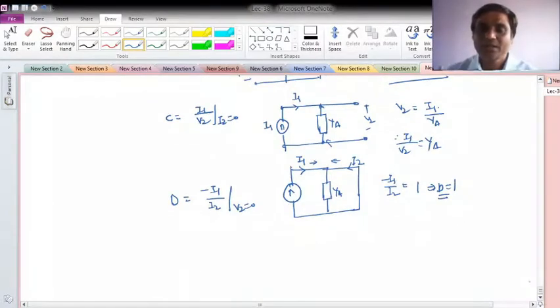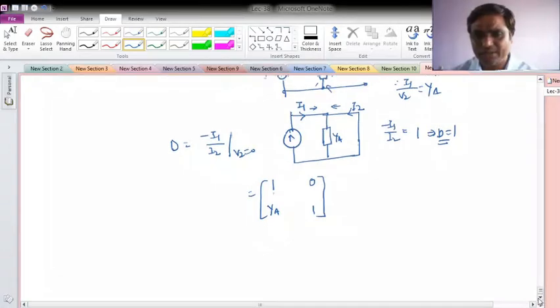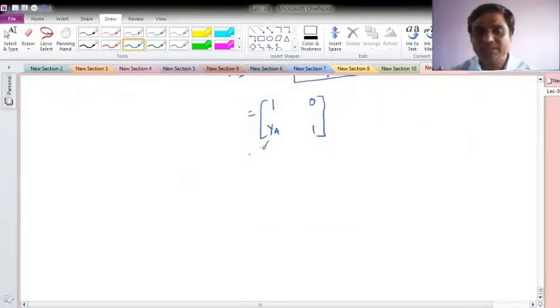So with this, if the element is in parallel form, or in shunt way, then the ABCD parameters can simply be written as A equal to 1, B is 0, C will be that admittance, and D will be 1. So always remember, if any element is in the shunt form, then the ABCD matrix will be 1, 0, Y and 1, where Y is the admittance of the element which is connected in parallel. Now next, take the series impedance.